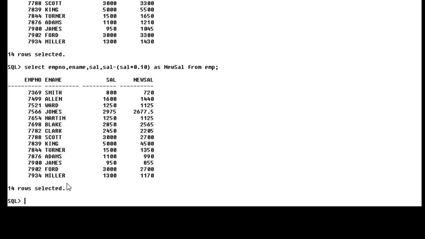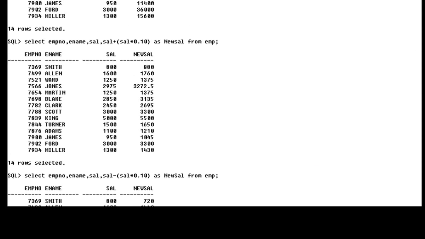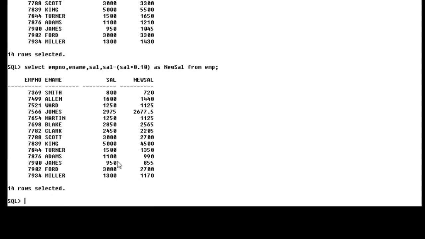Here you can see the 10% increment with the monthly salary, but I have to display the 10% increment with the annual salary. So just pause my video and perform the query at your end.